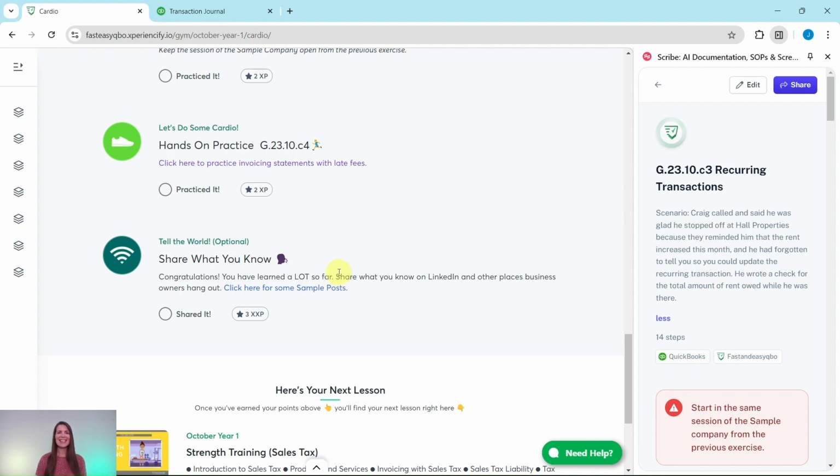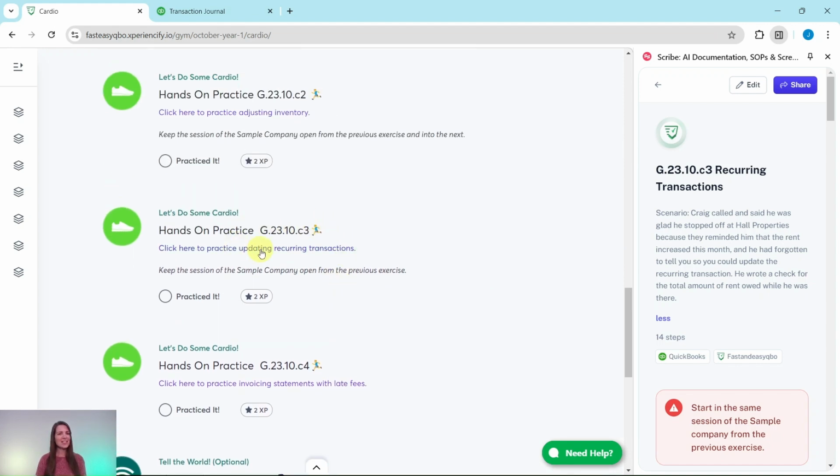So let's dive into today's exercise where we are going to practice updating recurring transactions. Go ahead and click on that link to have the exercise come up for you. I have it here on the right side of my screen, so let's read through the scenario. Craig called and said he was glad he stopped off at Hall Properties because they reminded him that the rent increased this month and he had forgotten to tell you so you could update the recurring transaction. He wrote a check for the total amount of rent owed